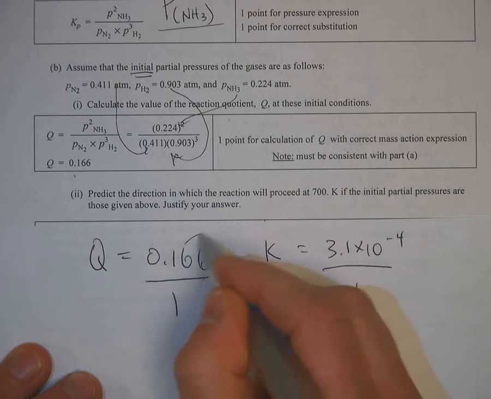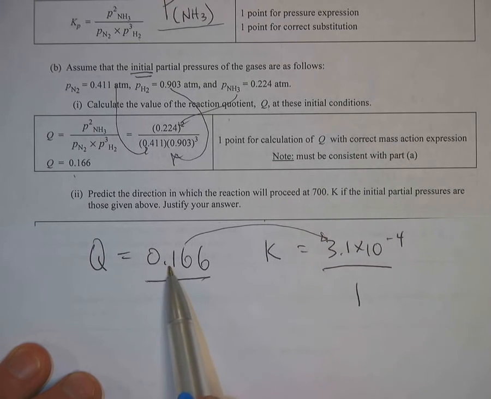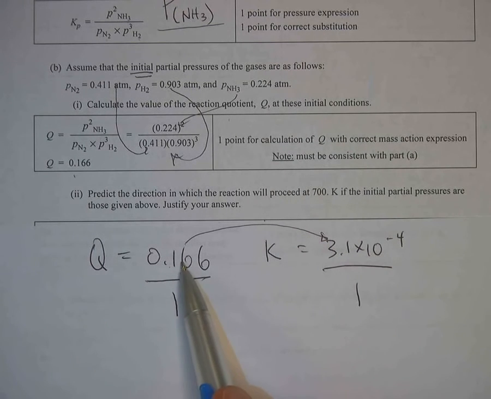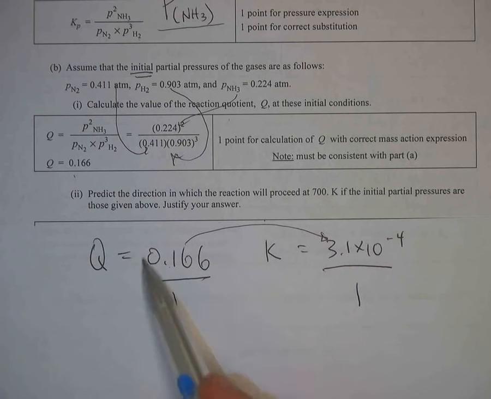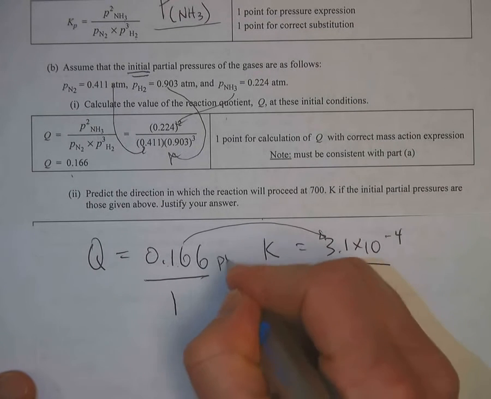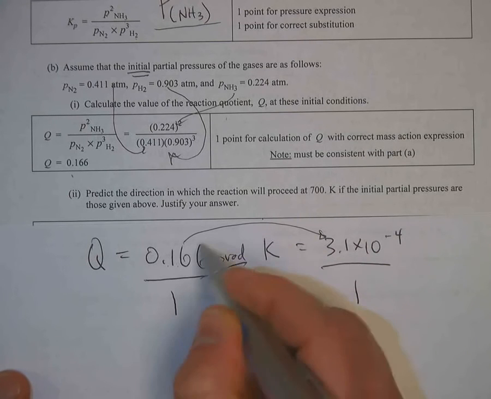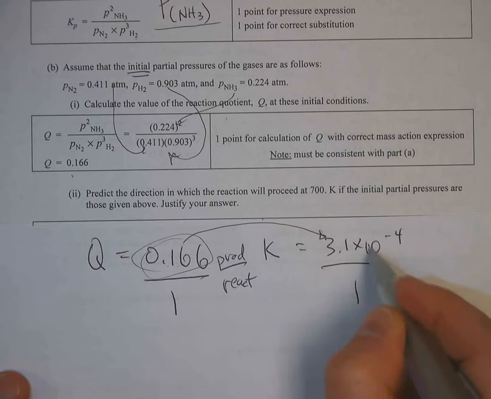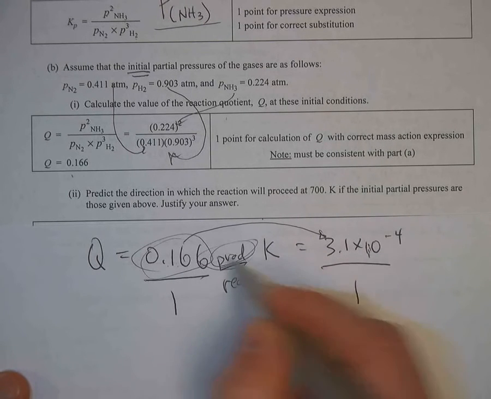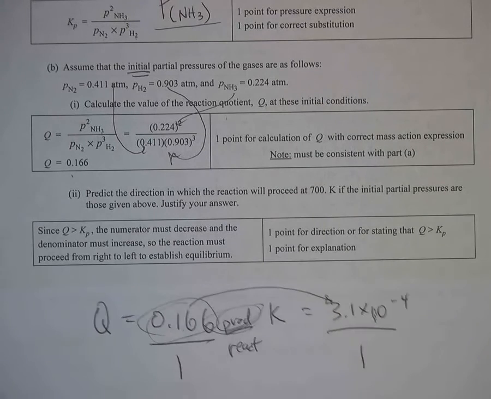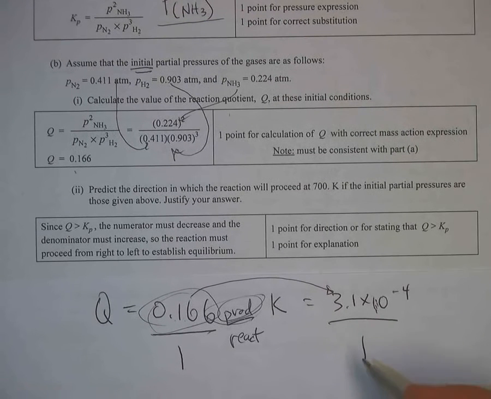Now, what has to happen to Q to look like K? Well, this is obviously smaller, so this has got to get a lot smaller to look like K, which means I've got to reduce the amount of products I have, therefore shifting it to the left, because remember, this is products divided by reactants. So reduce the amount of this to get it to look like this, which means I'm reducing my amount of products. So I should shift the reaction to,